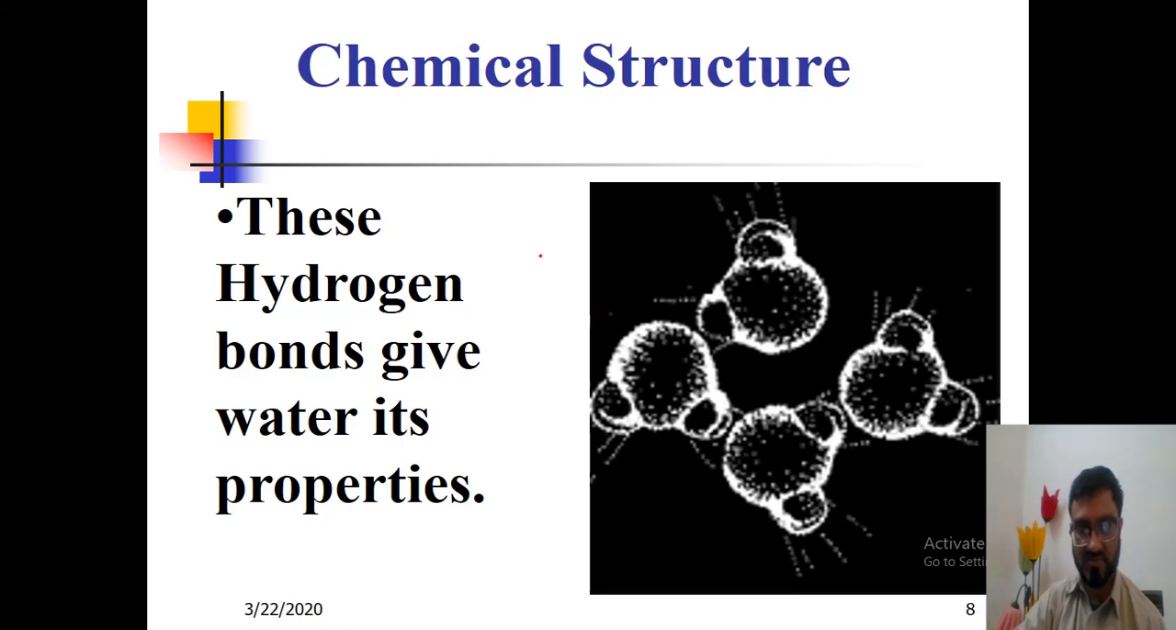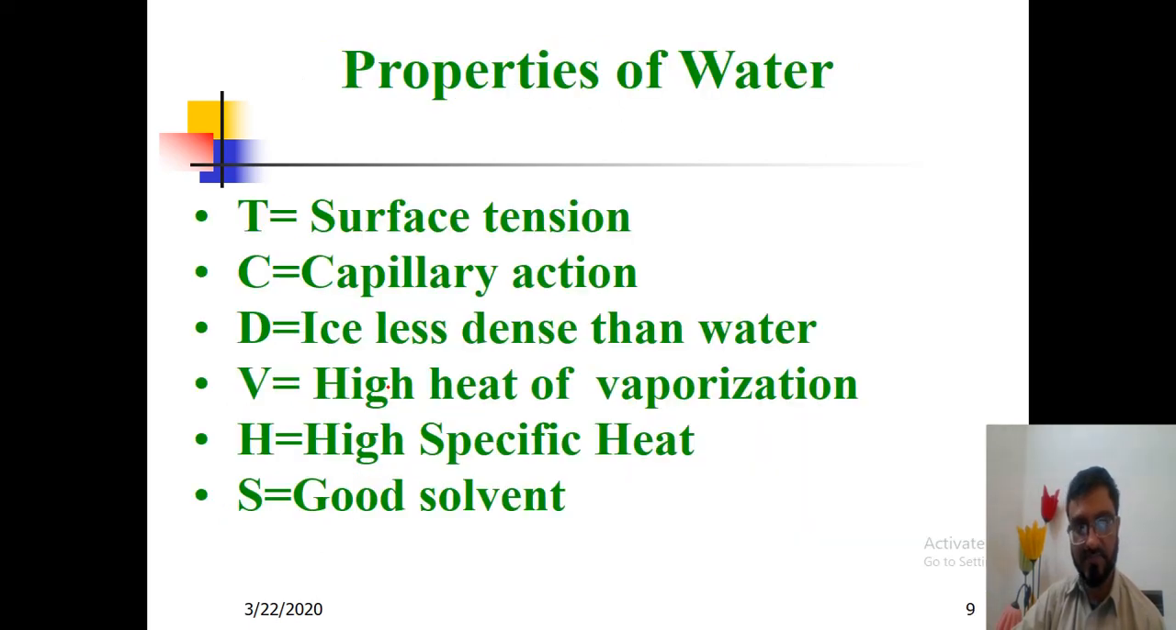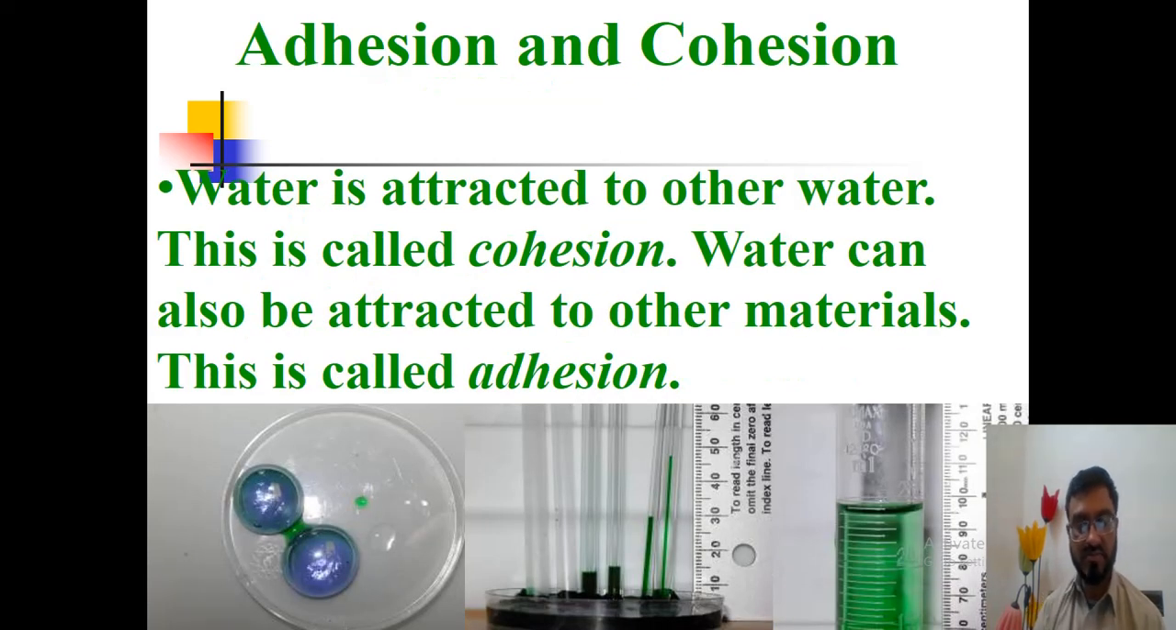So look at this one. These hydrogen bonds give water its specific properties. So we will be talking about other characteristics as well as other properties as well. We will be talking about the surface tension, capillary reaction, ice is less dense than water, high heat of vaporization, high specific heat, water is a good solvent. So starting with the properties, adhesion and the cohesion properties,